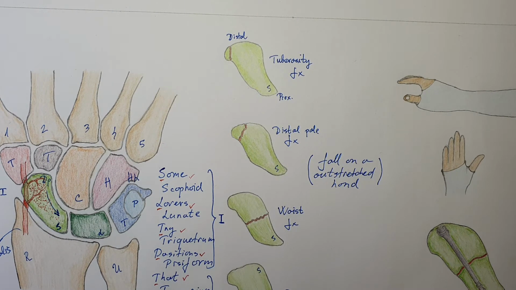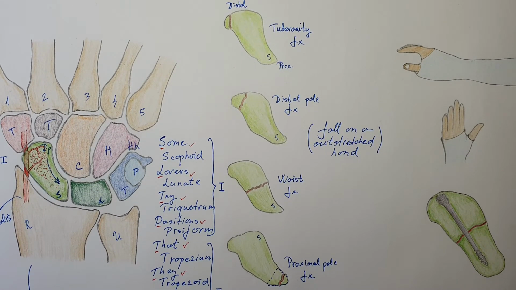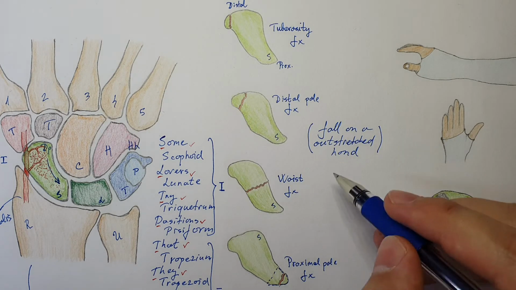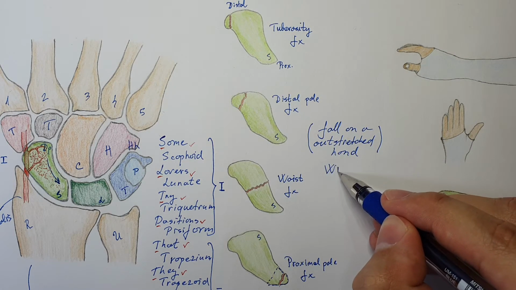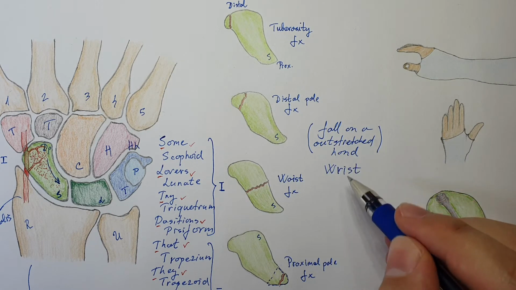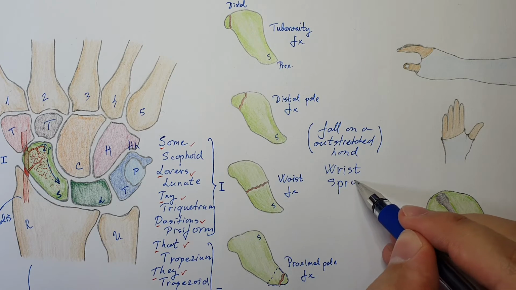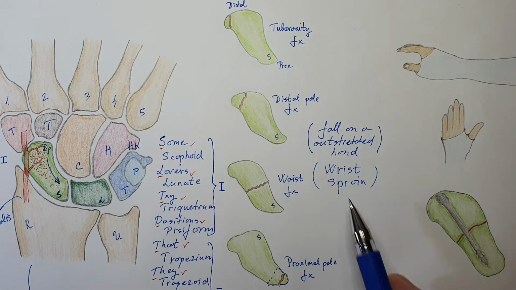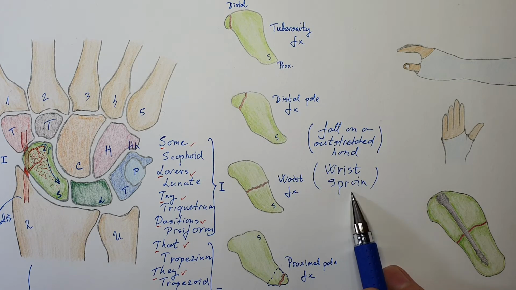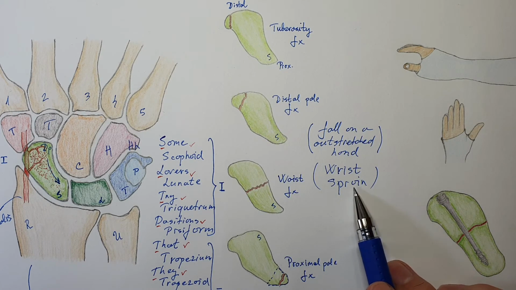And what is happening? He's coming into the emergency room, and this is often mistaken for a wrist sprain. So this is an insignificant injury because it will heal over time, no matter what you do. But